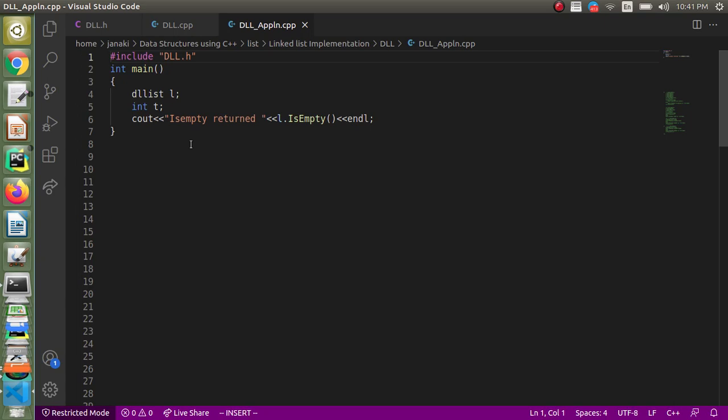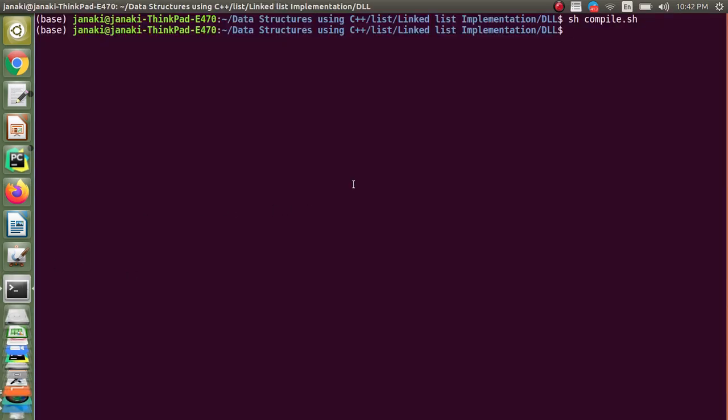These are all the basic operations. So we create an object for the doubly linked list class, and then we call the isEmpty function here. Since we have initialized in the constructor, during the object creation itself the default constructor would have been invoked, so that would have initialized the head and the tail. We expect isEmpty to return true, and it will be printing true. Let's compile and check. Since we have separate files and need to compile and link them separately, we have written a shell script as we did for the singly linked list. You can refer to the code in the GitHub.